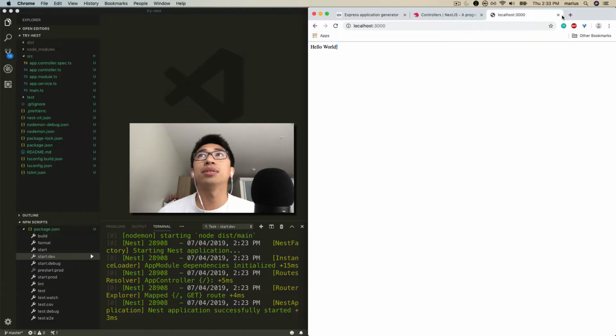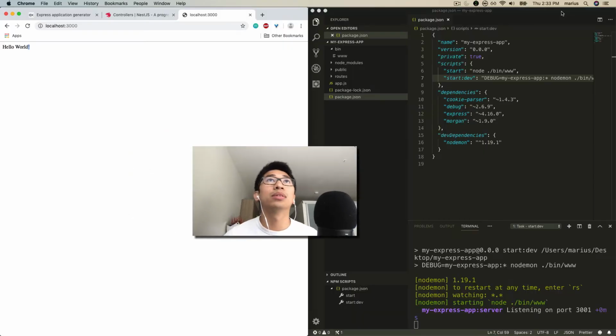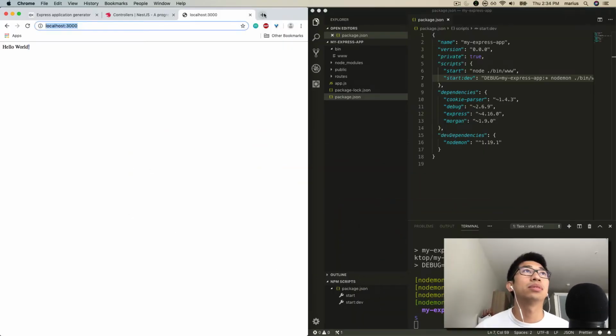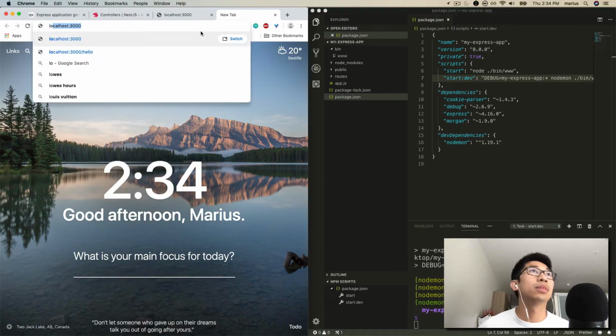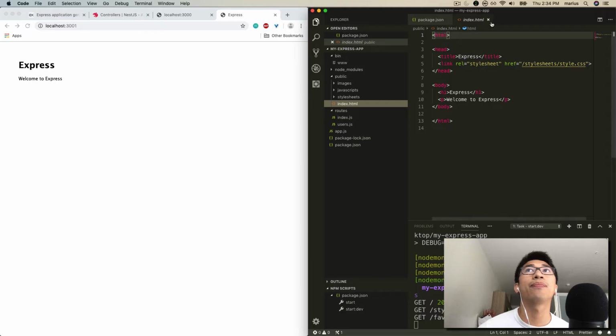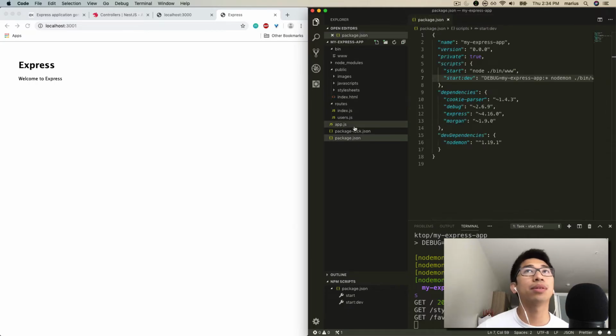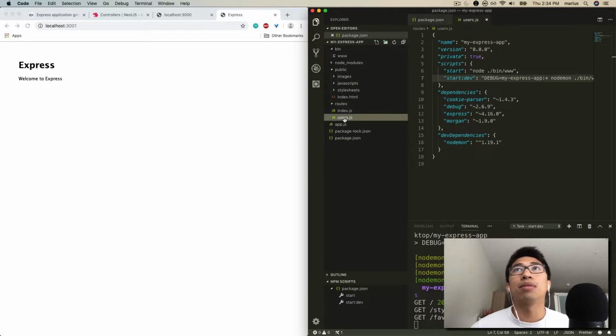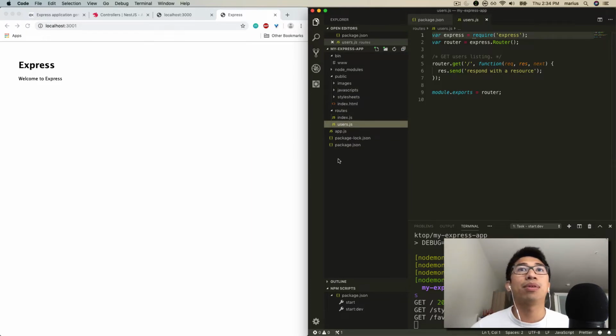So if I go to localhost 3001, now in their case it spits out this basic HTML page. Alright, so let's kind of compare. This one starts out with a basic user's route, and if I were to kind of emulate,